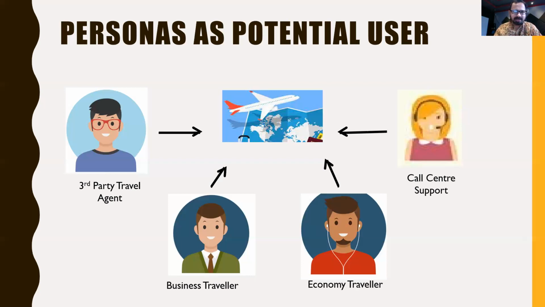to fly or plan his trip. Whereas this guy is a business traveler or a business delegate. He just wants to sit back and enjoy. I mean, he wants comfort while he's flying, right? So he's a business traveler. So he possibly will not care much about how much money he's spending, as long as it is comfortable. So maybe he would travel in probably first class or maybe business class, and this person is an economy traveler.